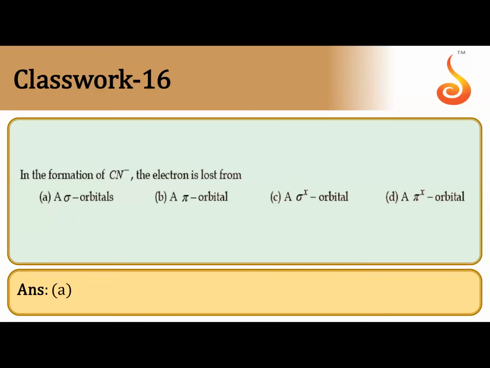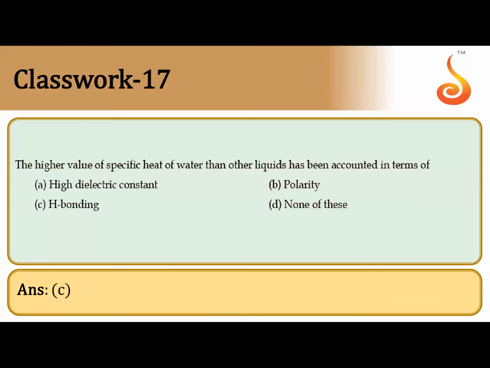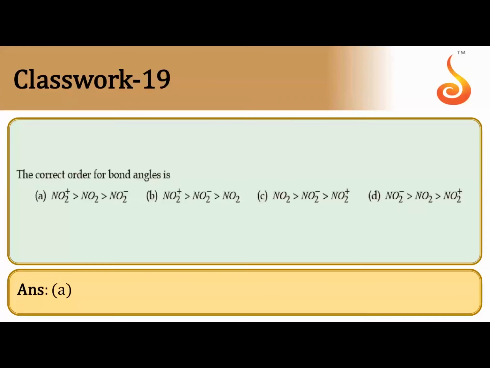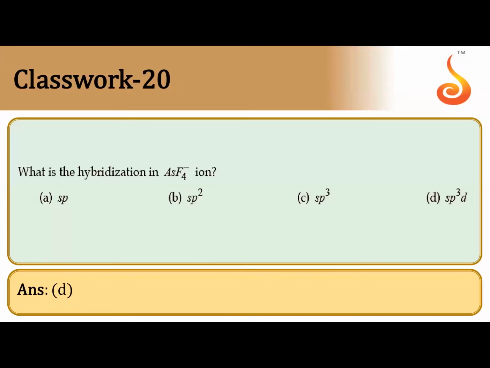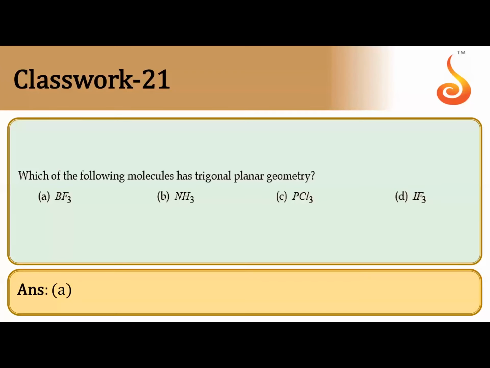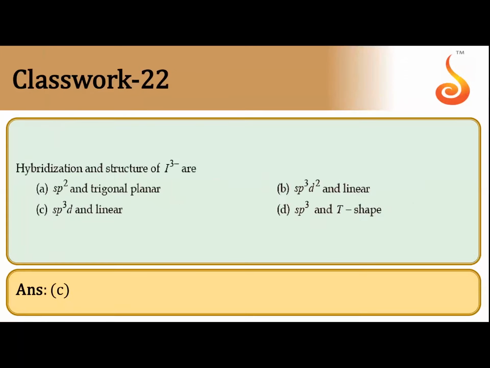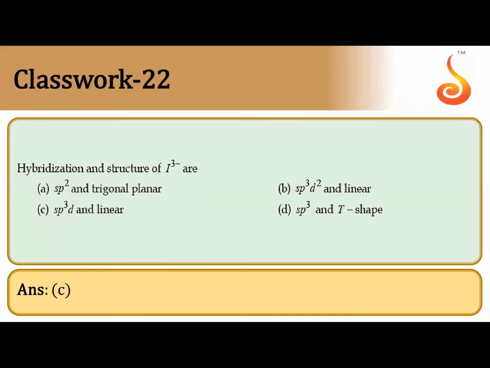Okay, next one. So I think these questions you can figure out, children. A little bit I'm going fast. These and all are very easy. They are all based on your VSEPR and VBT theory. This also very easy. Please go through all these questions today. This one also trigonal planar, I3 minus. We are expert at it. I think the question is wrong there. It should be like this. Okay, I3 minus it should be.